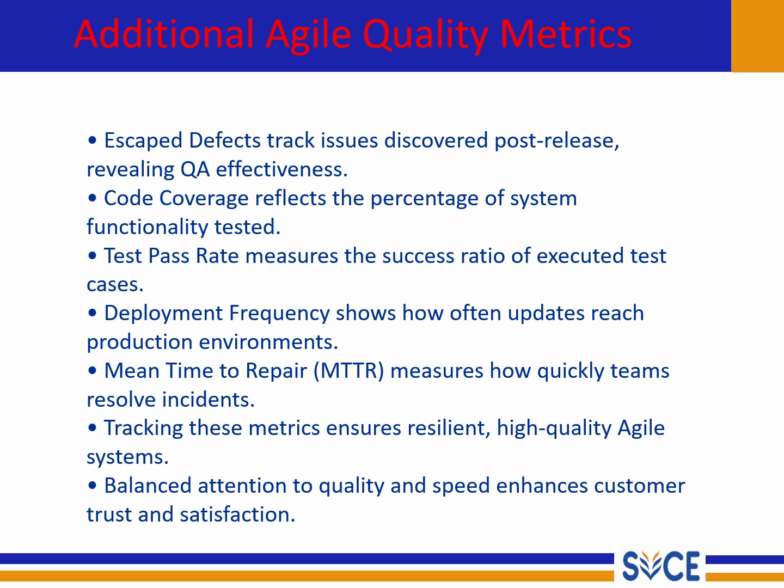Now that we have understood defect density, let's look at some additional agile quality metrics that give us the complete picture of how healthy our product really is. The first one is escaped defects. These are the bugs that slip past testing and are discovered after release by the end user. When this number is high, it tells us our testing process needs strengthening. So, escaped defects help us measure how effective our quality assurance really is in catching problems before customers see